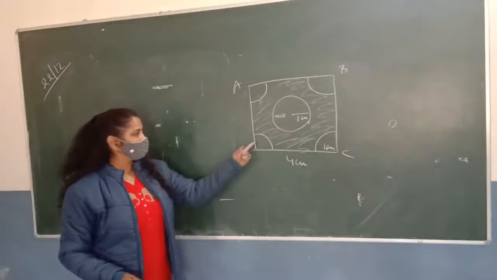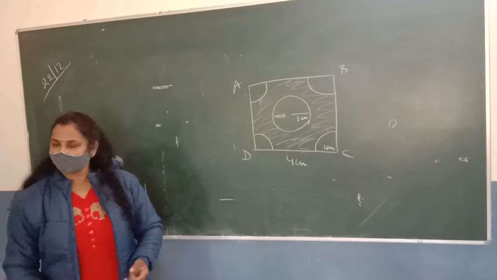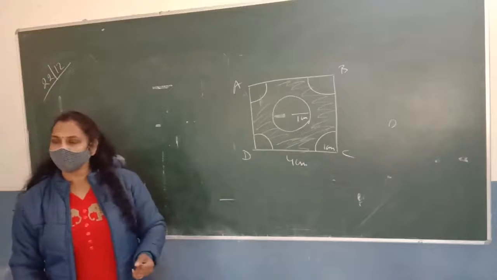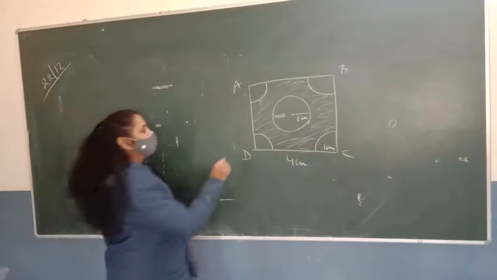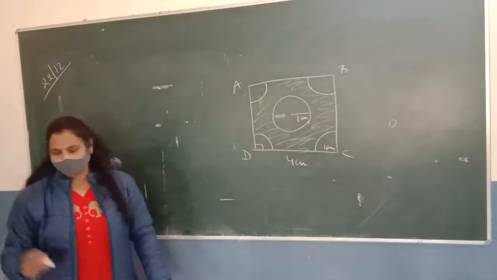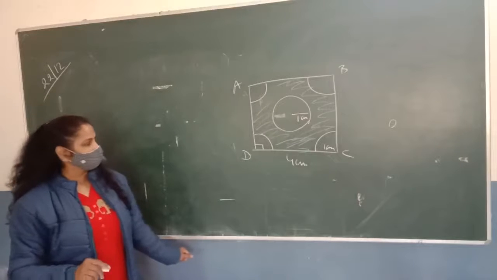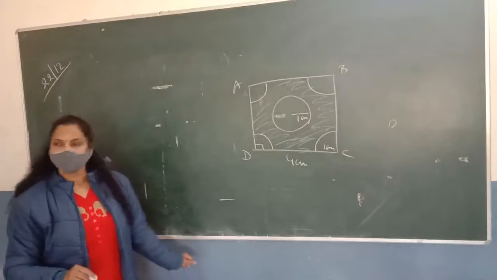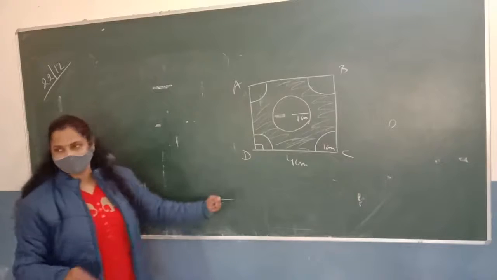So what is the area of the sector? एरिया ऑफ द सेक्टर theta upon 360 into pi r square. Okay, what is the value of theta here? Theta 90 degree. Square है, 4 एंगल 90 के होंगे. So we can easily find the area of the sector, each sector, by using the formula. Then we will find the area of circle by pi r square. Then we will subtract it with the area of this square. Okay, good. Sit down.